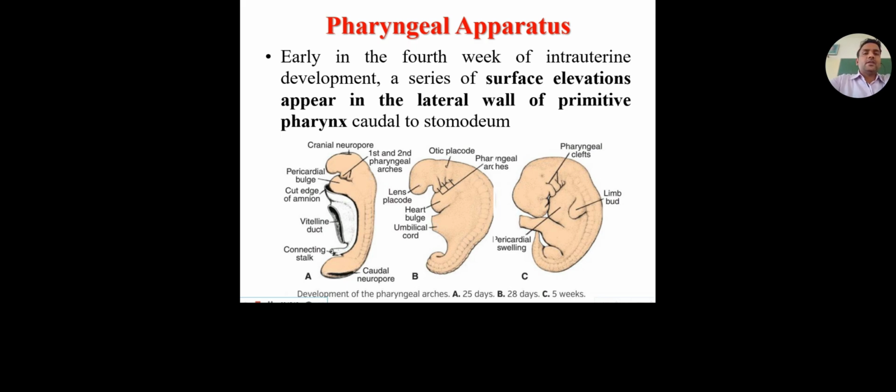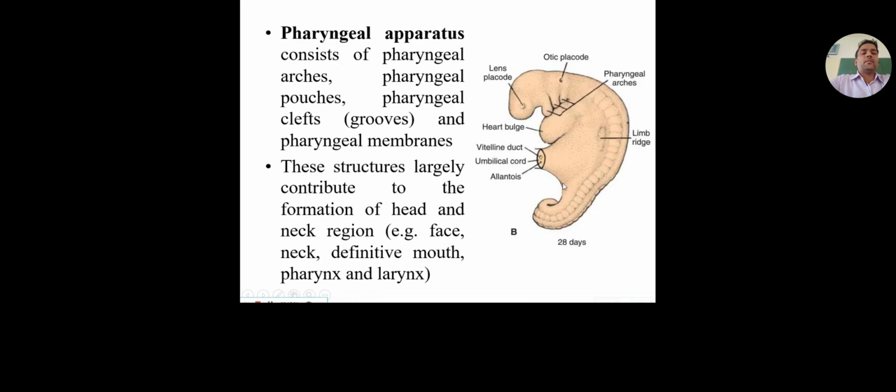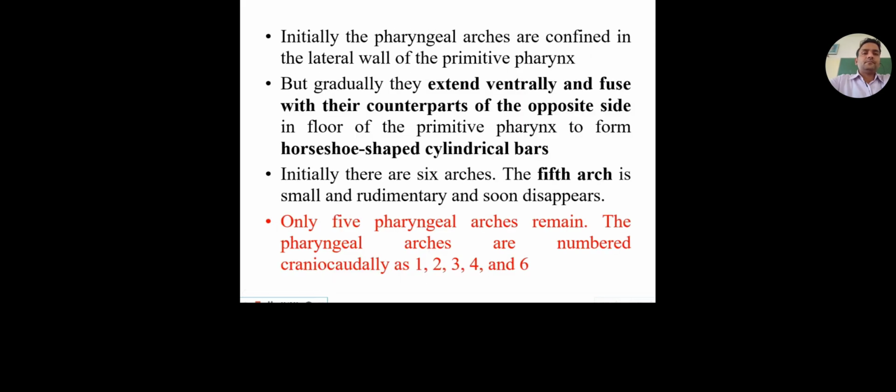So these surface elevations appear in the lateral wall of the primitive pharynx, caudal to stomodeum, that is the developing oral cavity. So it consists of the pharyngeal arch and depressions on the outside called clefts and inside called the pouches. So initially they are around the primitive pharynx, but gradually they extend ventrally and form horseshoe shaped